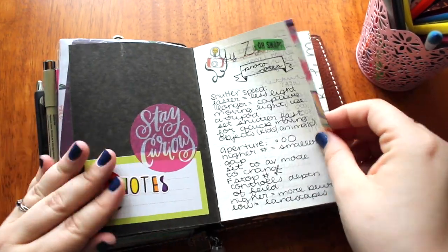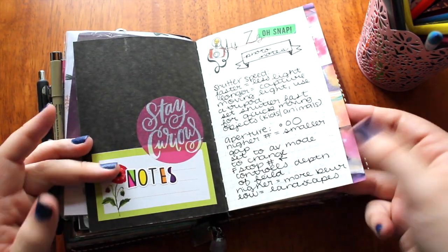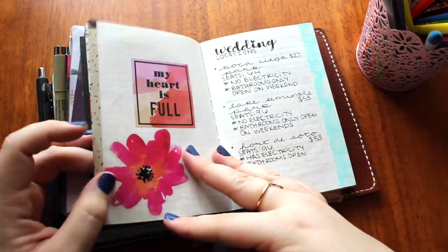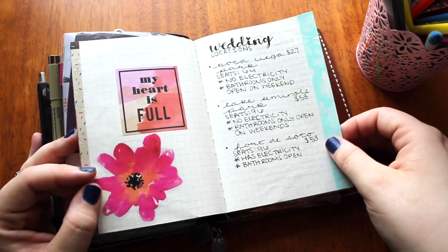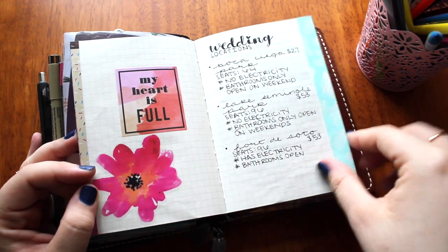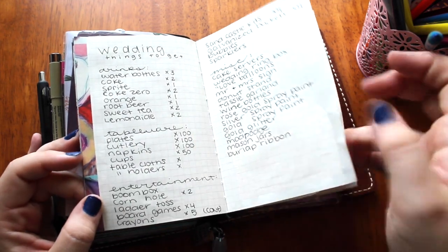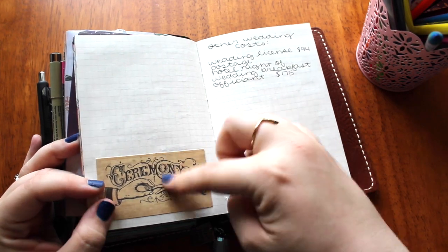So I just take notes on various things. I am a huge note taker. It helps me plan things out. So I have photography notes in here, and then I have wedding notes because we're hopefully getting married. Can you hear that playing? I don't know if you can, I'm sorry. We're hopefully getting married next year, so I'm taking notes on locations and things like that and people I'm inviting. Over here I put this little pouch,